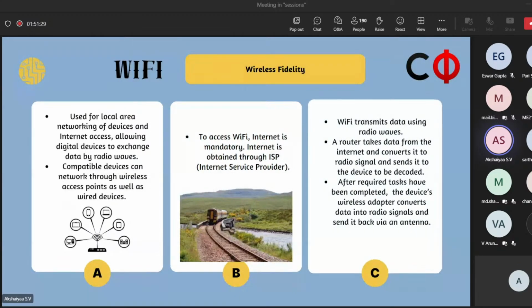And so how is Wi-Fi communication protocol activated, or how is data transmission done? It's basically through radio waves. What happens is, let's say a router is first connected to the internet and it is taking data from the internet and converting it to radio signals and sending it to different devices. And at the device, these radio waves are decoded to get meaningful information, and whatever task has to be done is done, and is once again sent back as radio signals to the router and vice versa. This is how the communication is basically done.